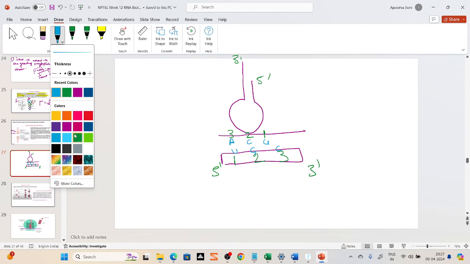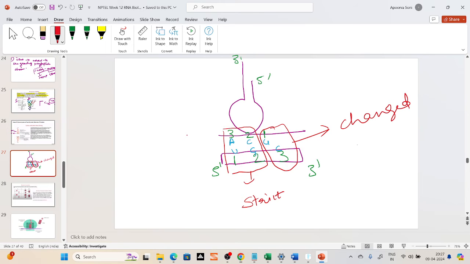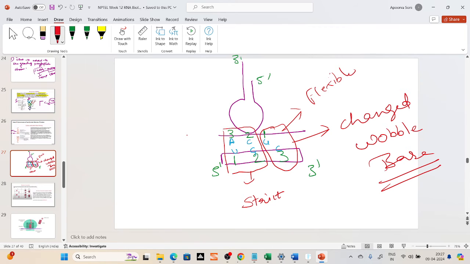Now what they are saying is that these two base pairings are strict, and this base pairing can be changed and it is known as wobble base. And because it is a little flexible, that is why